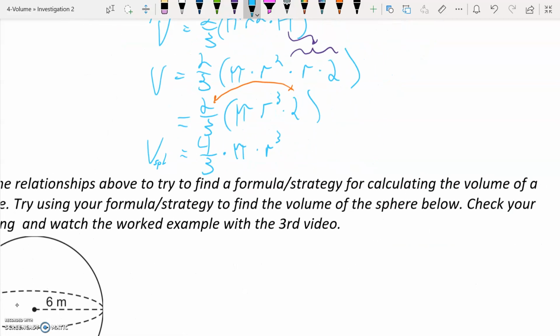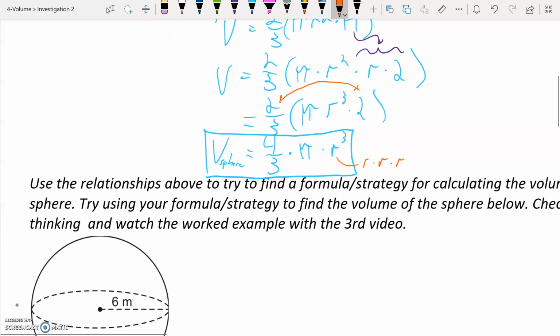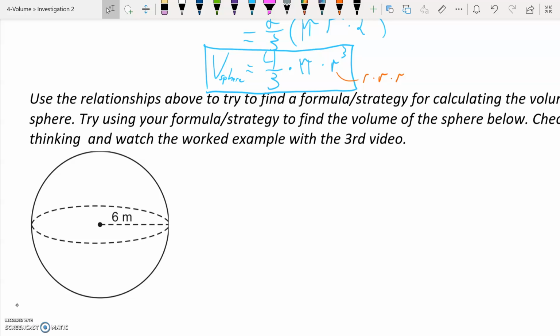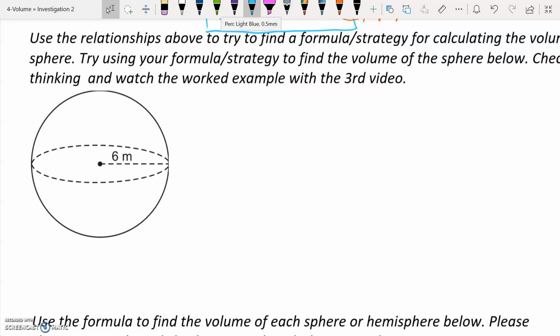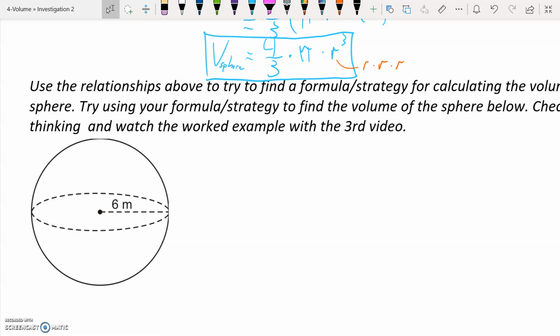Volume of a sphere is equal to 4/3 times pi times r cubed. And remember, r cubed, when we use this, that's not radius times 3. That's the radius times the radius times the radius right there. So that's an exponents thing. You've probably seen some of that before, but we haven't got to the unit in 8th grade where we talk about exponents. Okay, so the very last part is using this formula in order to find the volume of this sphere